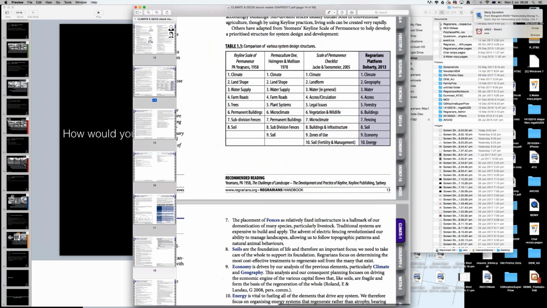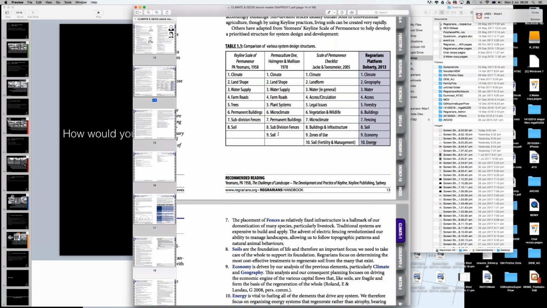Here are the three others that I've seen and that are probably out there in the most use. One is the Yeomans scale of permanence. In Permaculture One, David Holmgren and Bill Mollison, who were both mentored by P.A. Yeomans and looked up to him as a figure, wrote that book. Yeomans' work was very important in the development of the permaculture concept in its early stages, by both of their acknowledgement. You can see there that they included plant systems as opposed to trees, and microclimates entered in